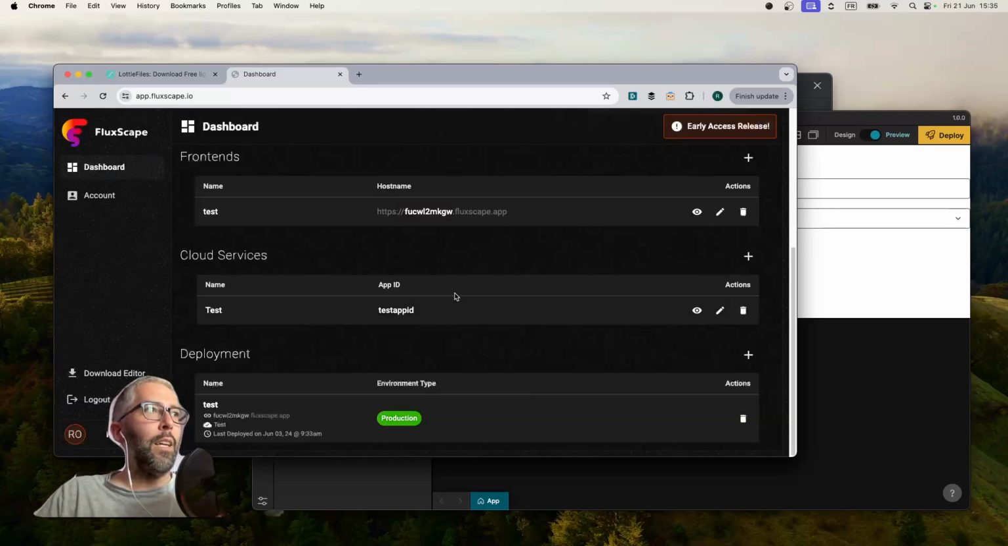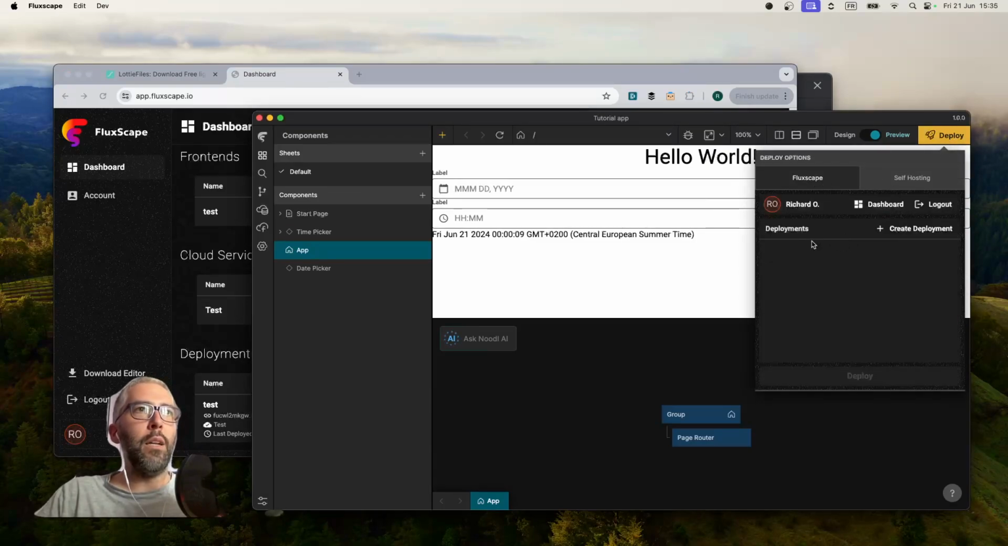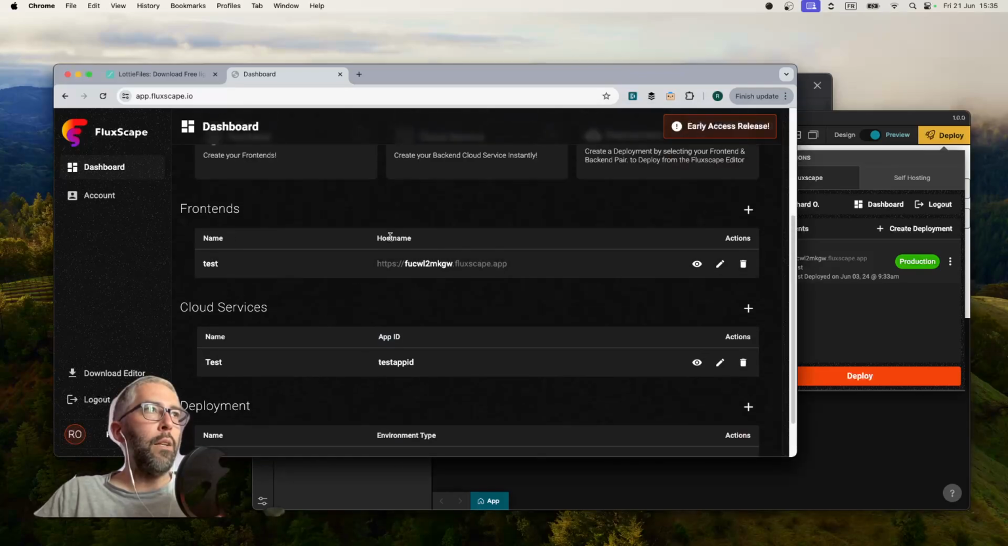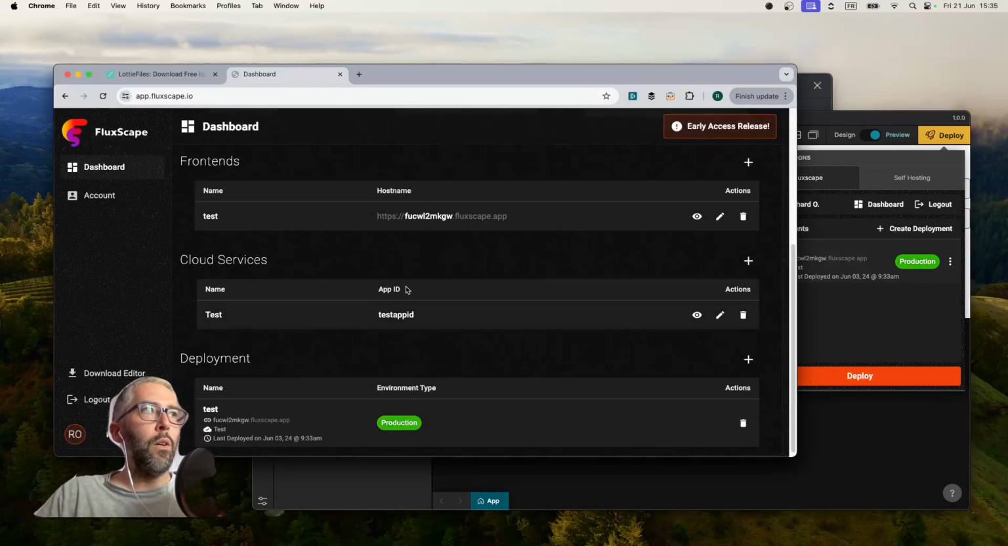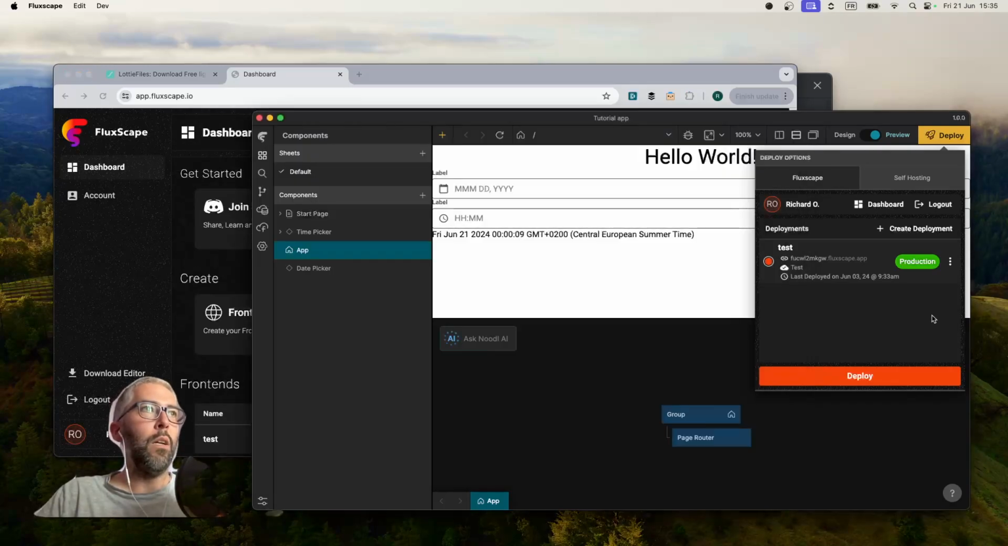And then the deployment is a combination of a front and back end. So once you create a deployment, then you get access in the deploy screen to that. And if you have a new version of the app, you just have to click on the deployment that you're targeting and then click deploy. It pushes all the project files to that deployment and auto deploys to the front end and auto deploys to the cloud service backend as well. So that makes it super duper easy to